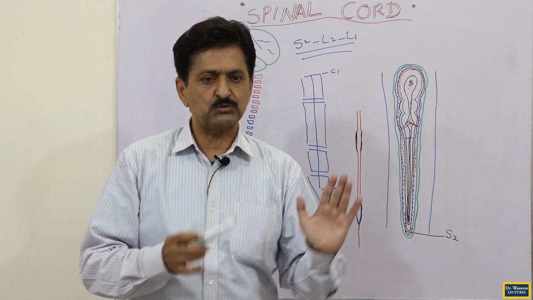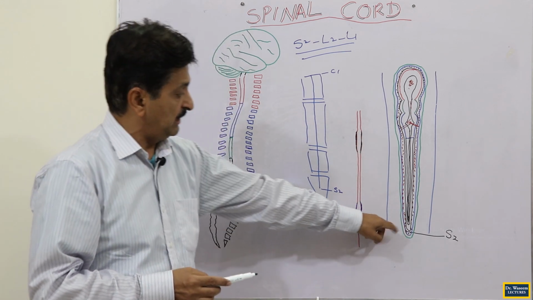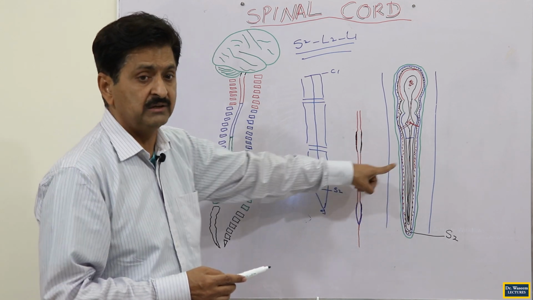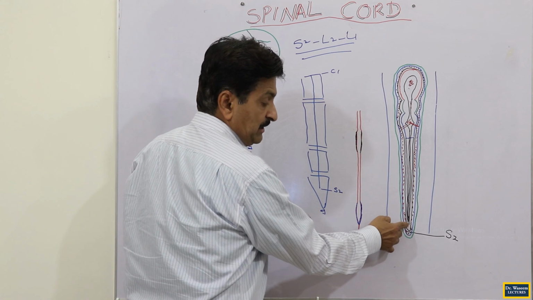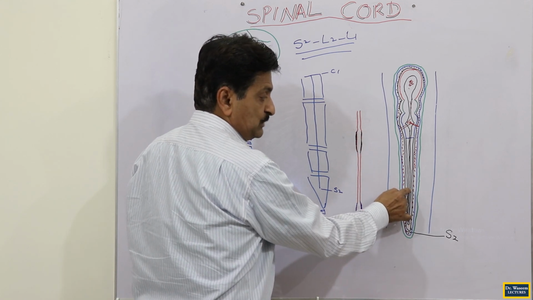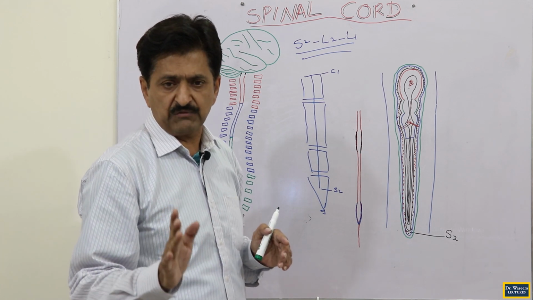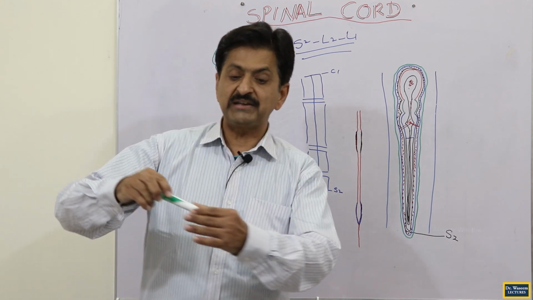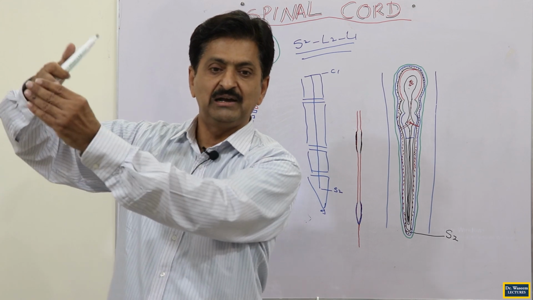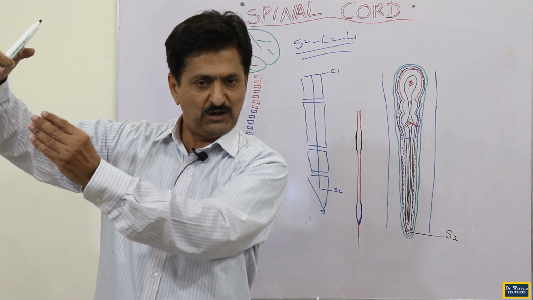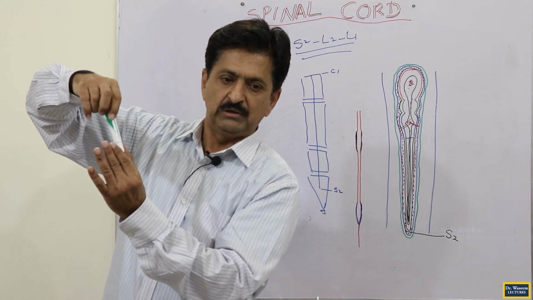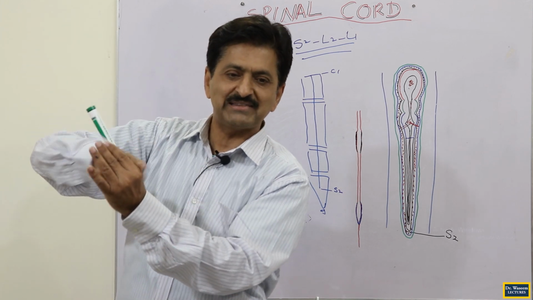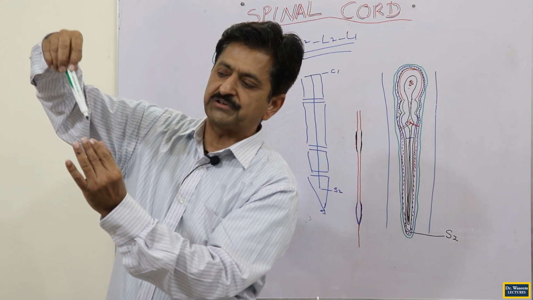So S2 was the original level, and all the meninges are lying at the S2 level. But when the lower end of the spinal cord comes to lie at the L2 level or even L1, meaning the first or second lumbar vertebra, in adulthood it finally lies at the L1 vertebra. That does not mean that the meninges will drag themselves up to the L1 level. No, they will remain at the S2 level. Only the spinal cord will get out of it.